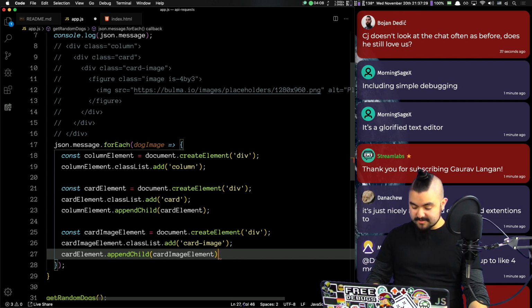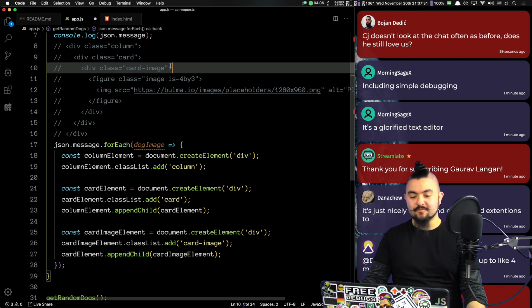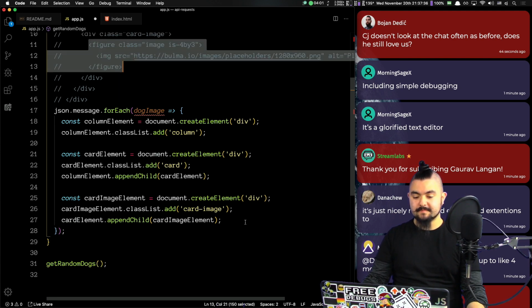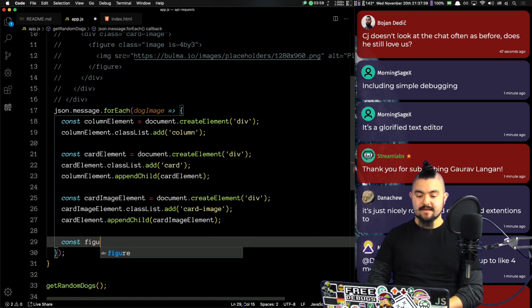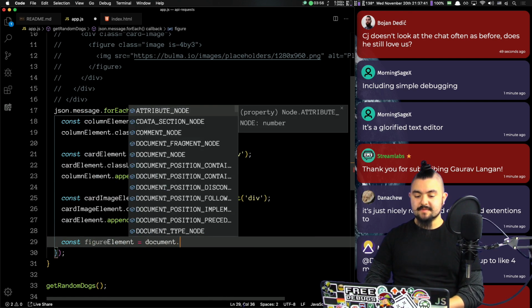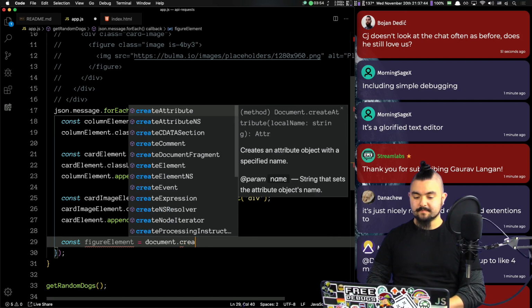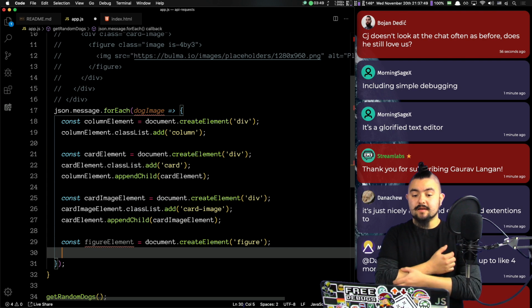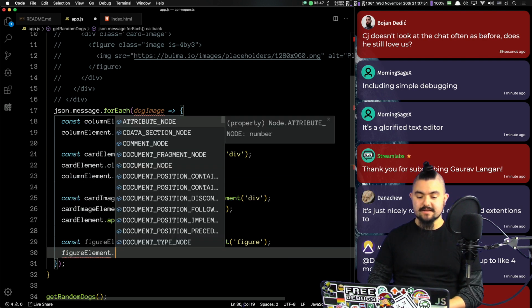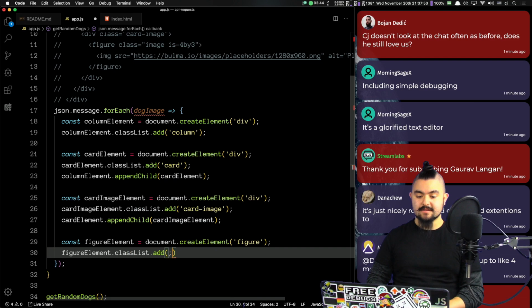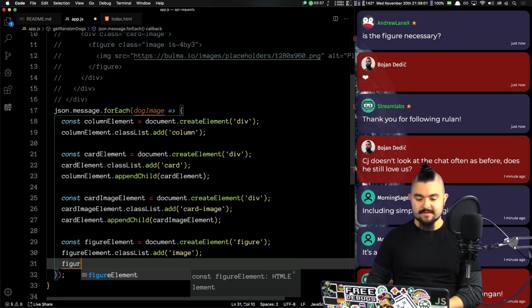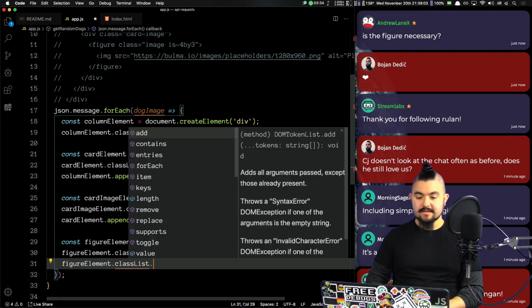Okay, we're almost there. We're very, very close. At this point, we have recreated this structure, right? Now we need to create the figure element. So we'll say figure element, and that's going to be document.createElement. We want to create a figure. We're going to add two classes to it. So we'll say figure element dot class list dot add image. And we also want to add the is 4x3 class. So we'll say figure element dot class list dot add